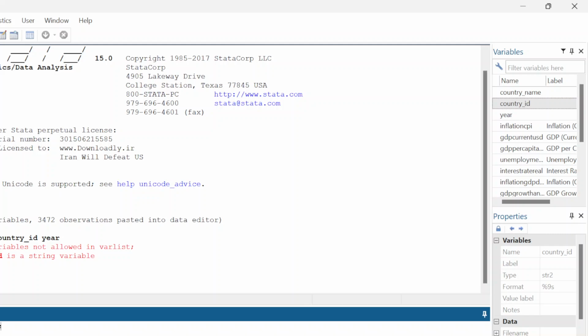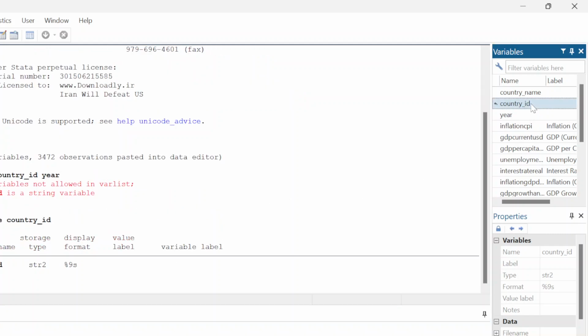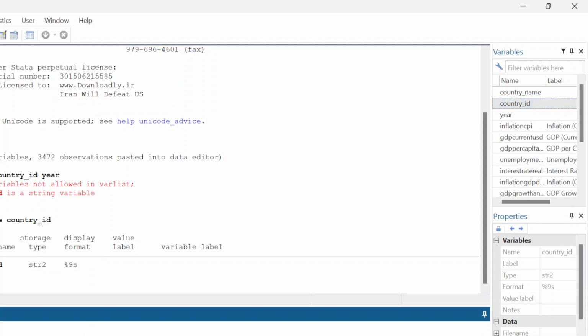So first, let me use the describe option. You can just describe country ID, and now you will see that the storage type is a string. So to convert to a numeric, we can use the encode. Yesterday we used the toString and the destring to change them, but now let's use the encode. So you can encode country ID,